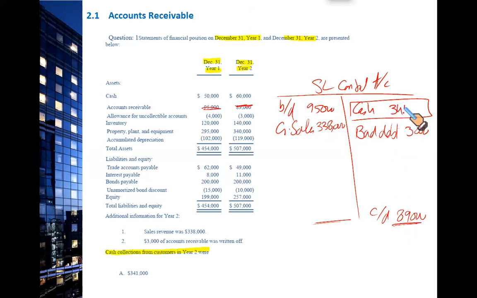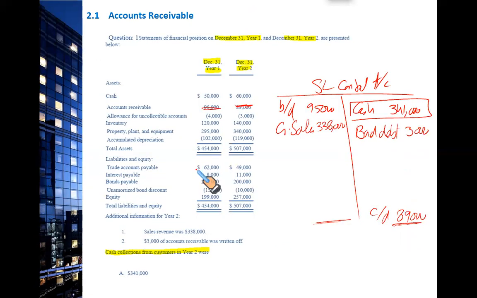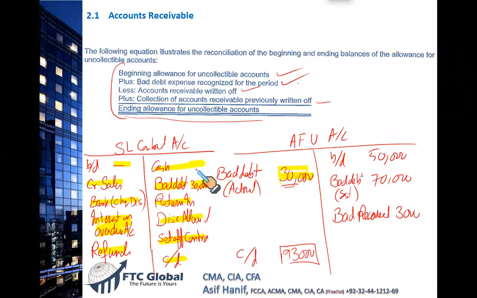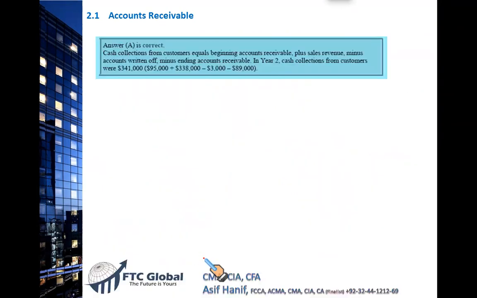This is a very useful format. Some of you who are not very much into accounting find this format a little daunting, but it's very helpful. It contains almost everything you need to do. If you want to use this format, fine. Most of the things you can find using this format. Or make an equation: this plus this less this plus this is equal to closing balance. Make it in a horizontal line, mark what is missing, and solve this linear equation to find the unknown. So we got it using this format. Refunds, cheques dishonored, interest on overdue accounts, and the rest of the things were not there. We only took what is there to find the unknown, and that gives you 341 as your answer.